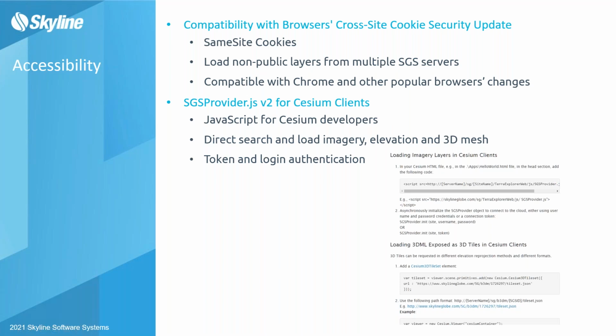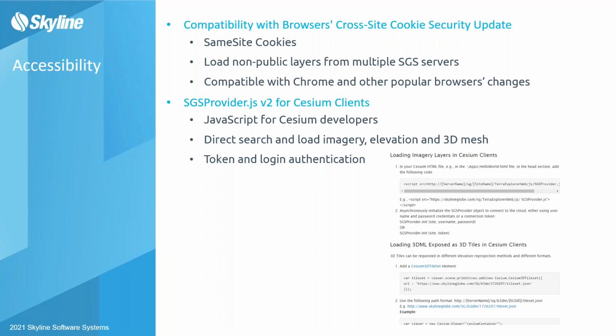Another thing is, sometimes, we said that there's a single SkylineGlobe server that can support many clients. It could be a vanilla Cesium, just your out-of-the-box Cesium. It can be TerraExplorer for Web, which, as said, is Cesium on steroids. So it has all the Cesium functionalities and then many more that we have added. But if you still have your legacy or your internally built Cesium implementation, you can read data from SkylineGlobe server,